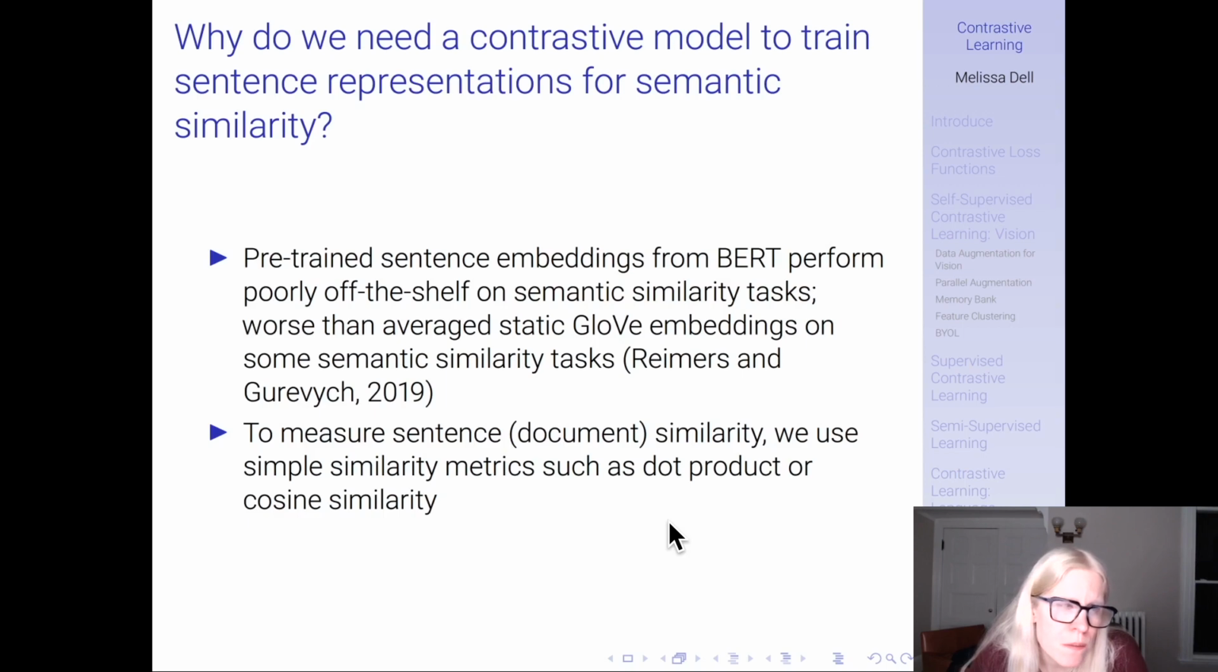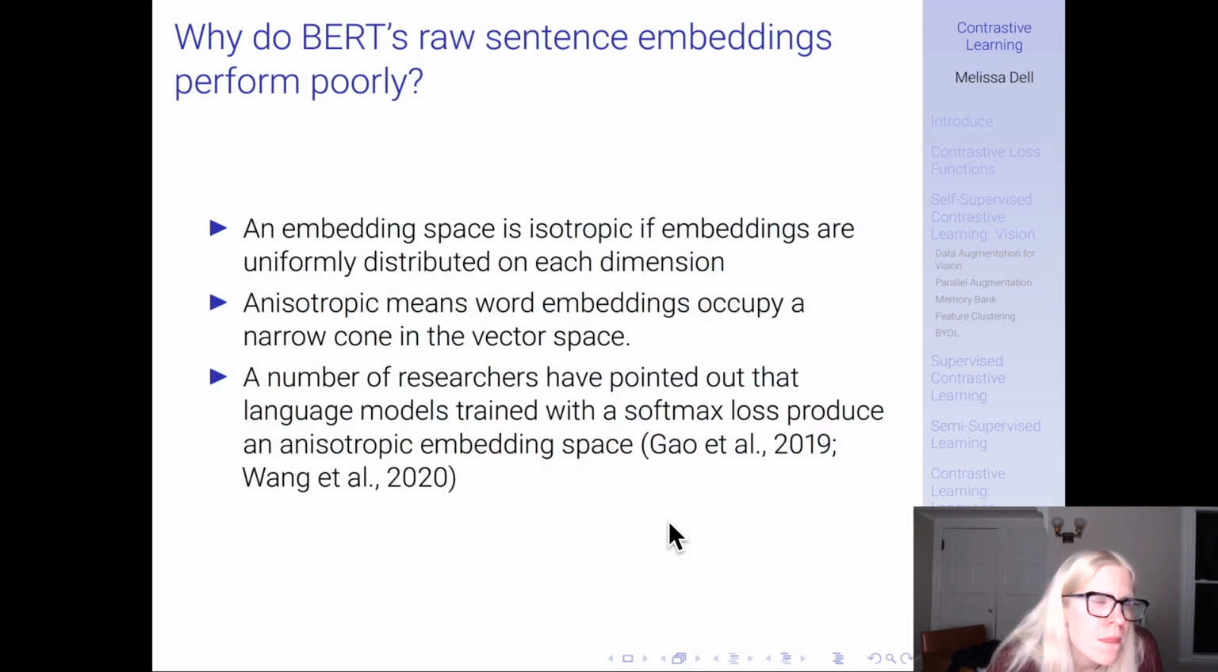And it's been shown that the pre-trained sentence embeddings from BERT perform poorly off the shelf on semantic similarity tasks. In fact, in some applications, they do worse than average static GloVe embeddings. And GloVe is a type of static word embedding, which is a much, much older technology. To think about why this would be the case, remember that to measure similarity, we use simple metrics such as the dot product or the cosine similarity, whether it's a text or a vision representation. And so